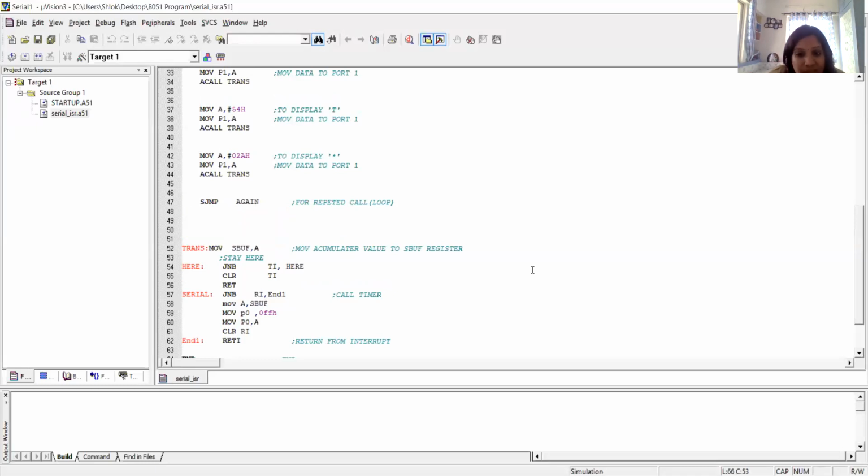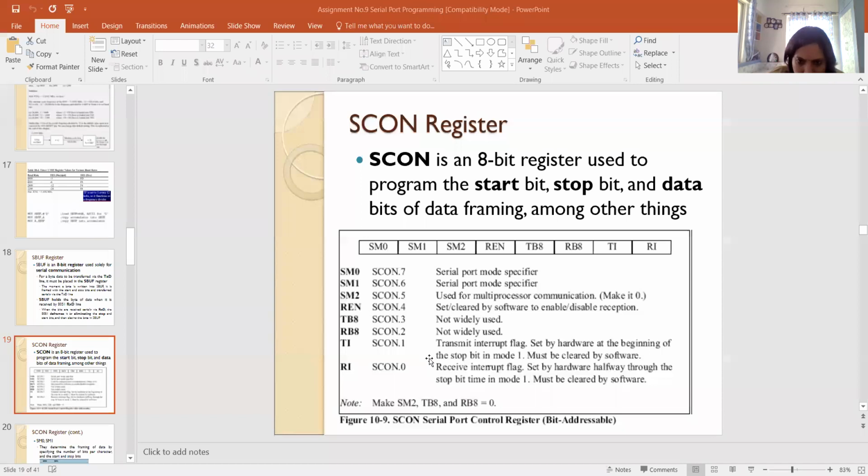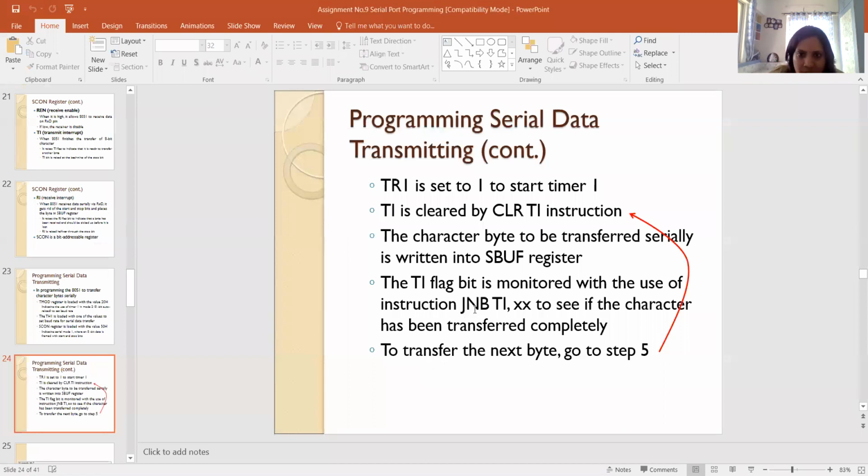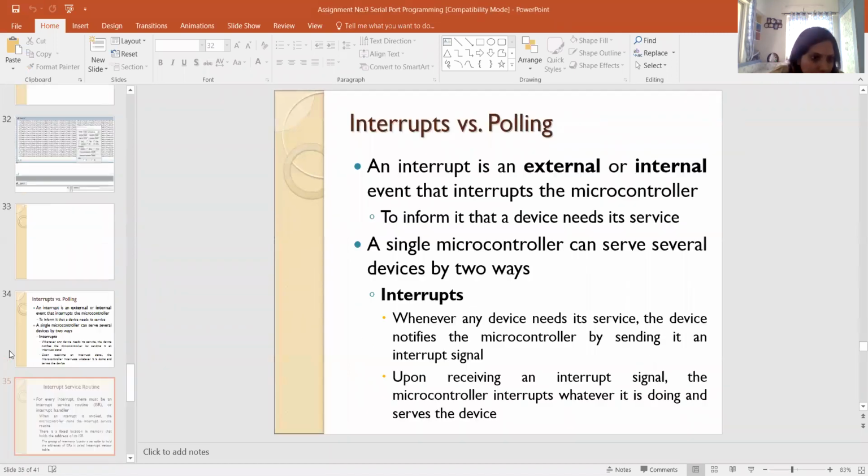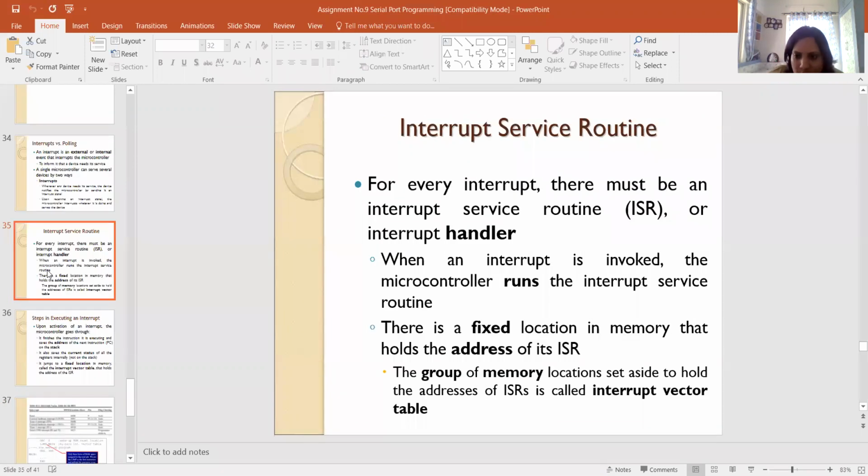So in this code, what do you mean by ISR? I need to explain that somewhat, and then I will explain the program. For that purpose, I am opening the PPT on serial port communication. Not going into detail with the theory, but the ISR routine. This is the interrupt service routine for 8051. What do you mean by ISR routine, interrupt service routine, when are we calling it, and what is the use of that? Whenever the interrupt occurs, at that time it will go to execute the interrupt service routine, and again come back to your normal execution.